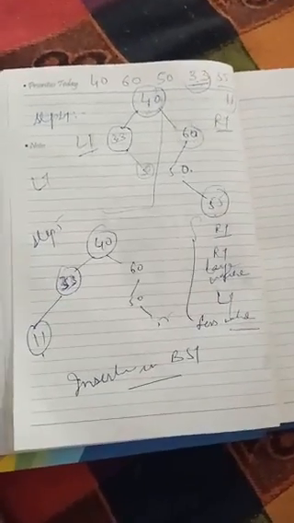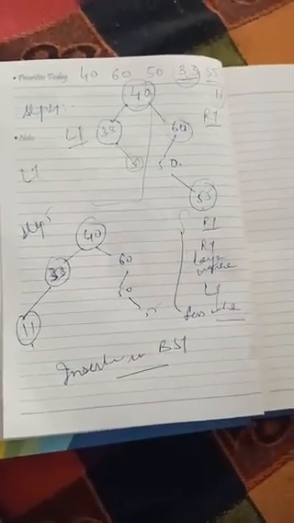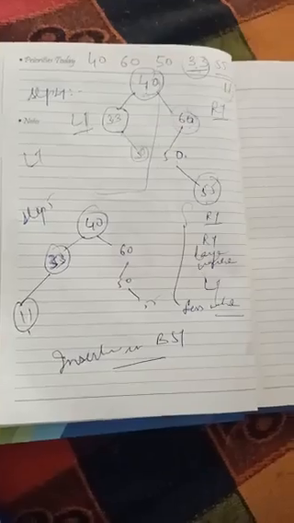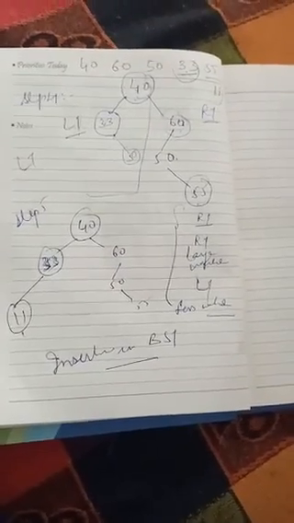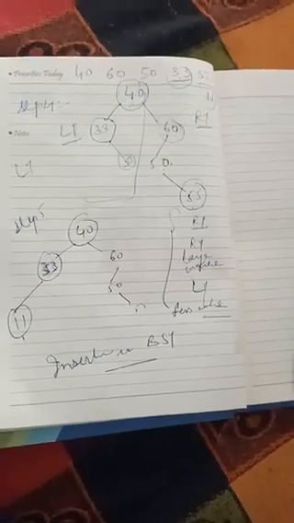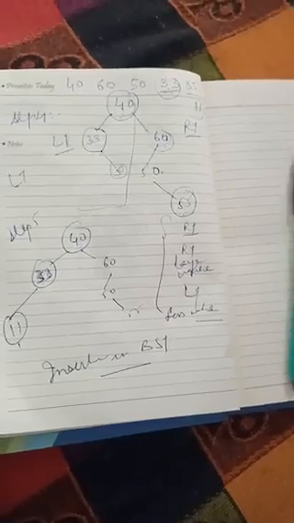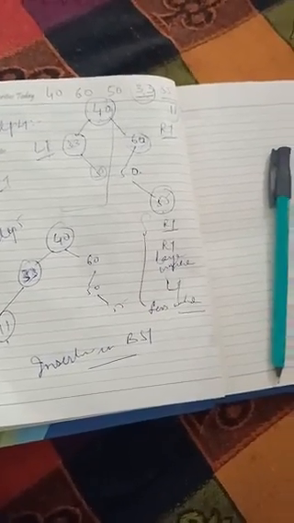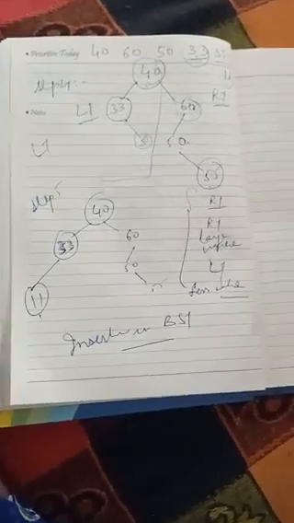Okay guys, so this is an example we discussed in this video, how to insert data elements by drawing a binary search tree, and we follow two rules. Always compare with the root, first rule. The second rule, the lesser value is entered into the left node and the greater value is entered in the right node.